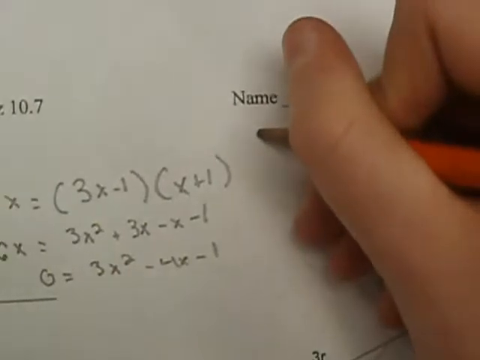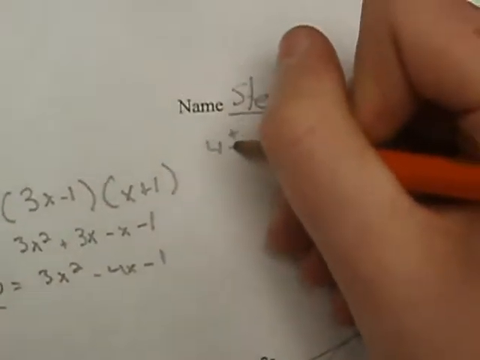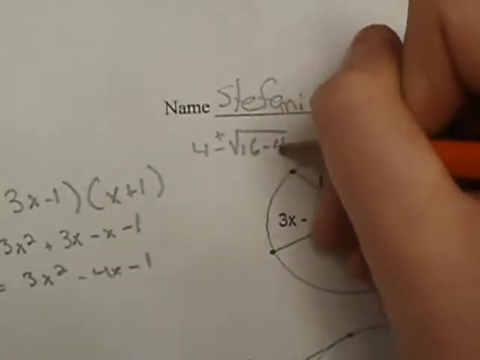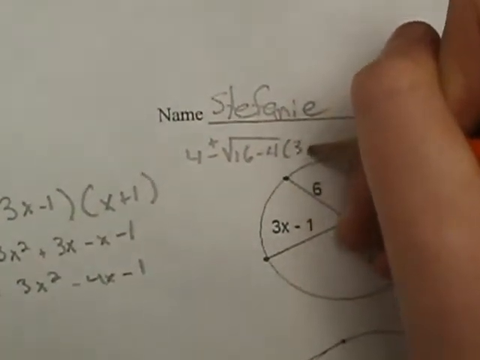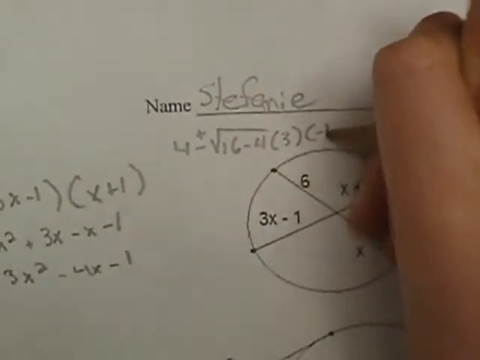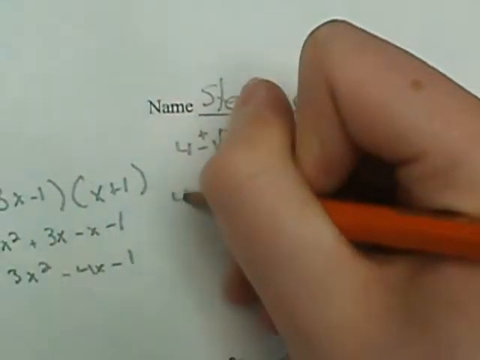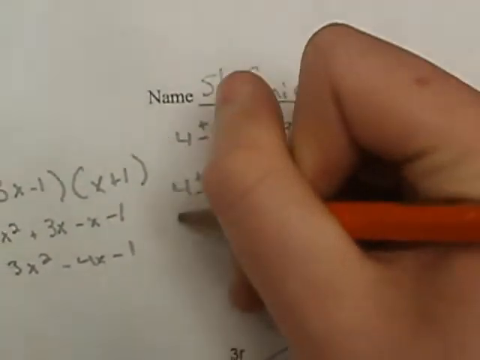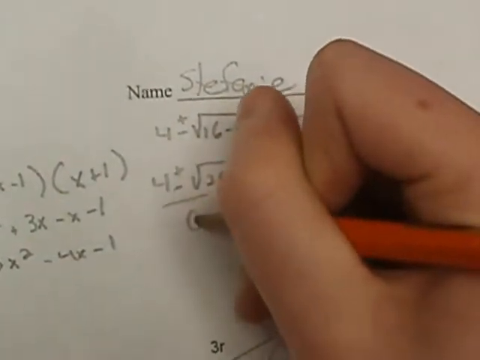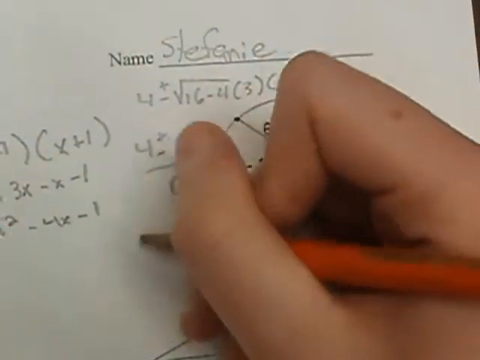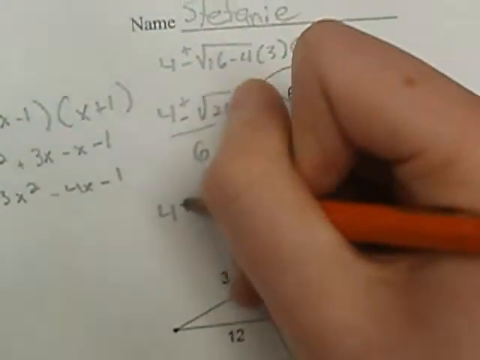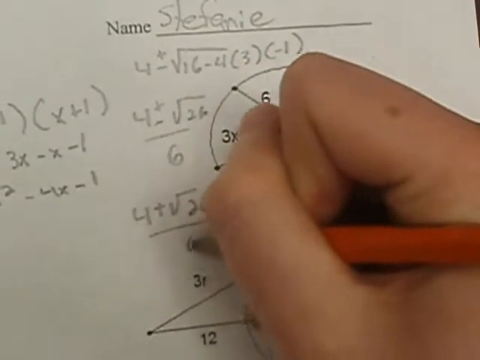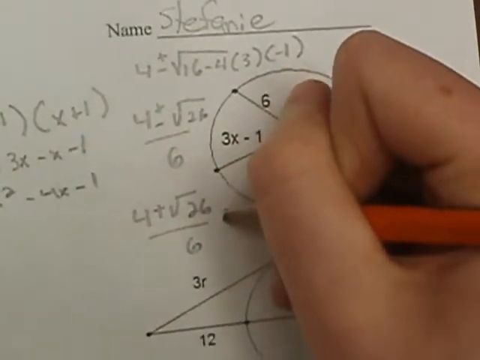We would use x equals the opposite of b plus or minus the square root of b squared minus 4ac all over 2a. And we would fill that into that equation, which would be 4 plus or minus the square root of 16 minus 4 times 3 times negative 1. Then we get 4 plus or minus the square root of 28 over 6. And then we get 4 plus the square root of 28 over 6 is equal to